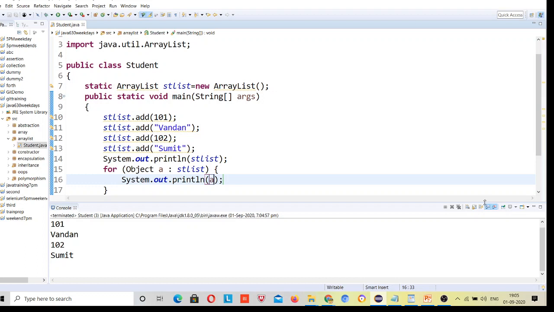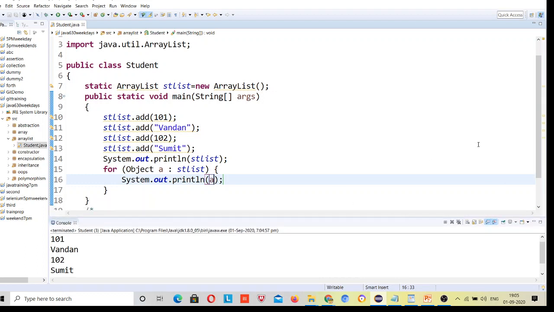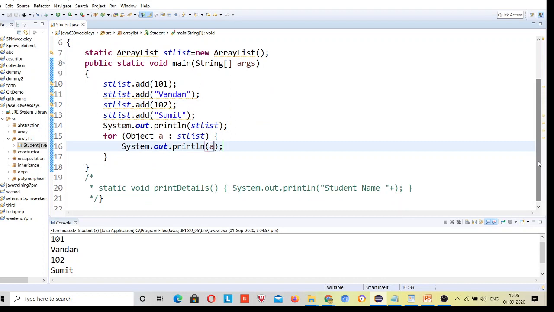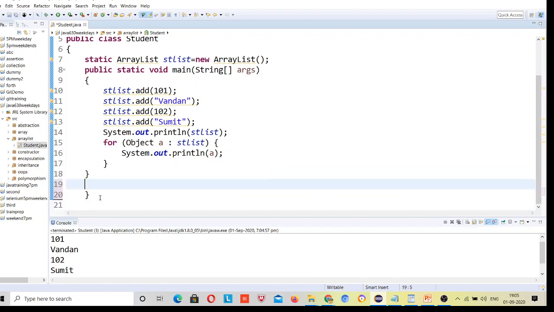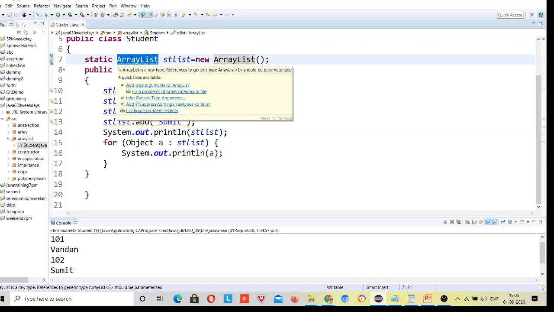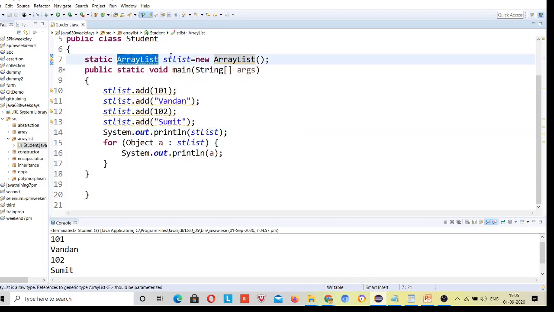And last time I told you that if you want to print the objects, then go for the for each loop, right? You can see this ArrayList is a class and this is a reference variable. If you want to print an object, you can say this is the object.